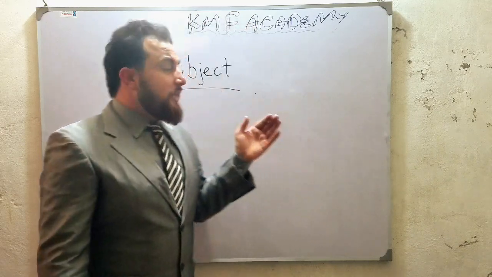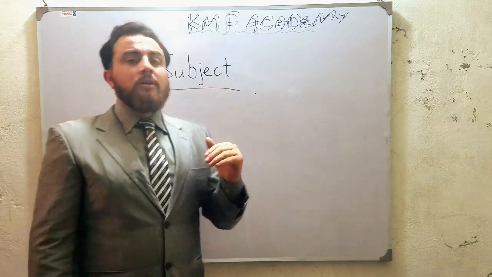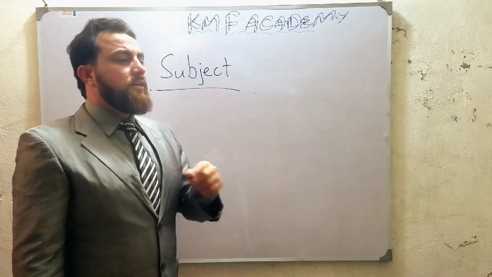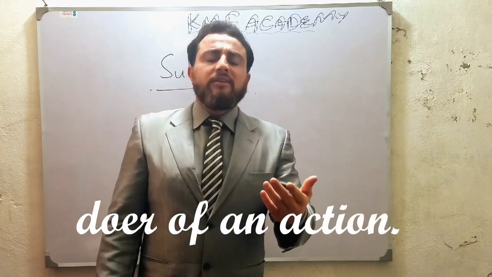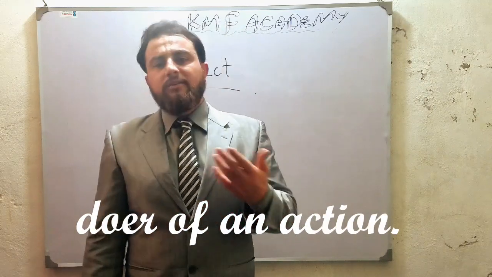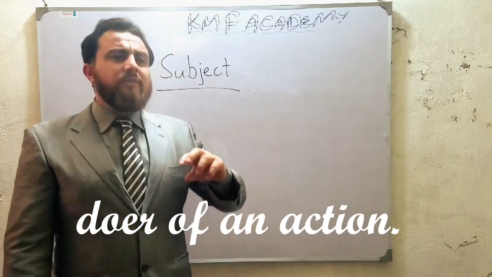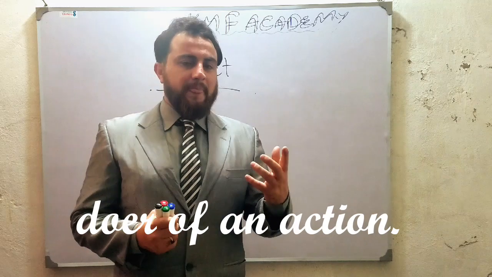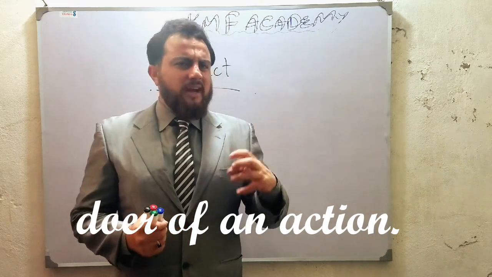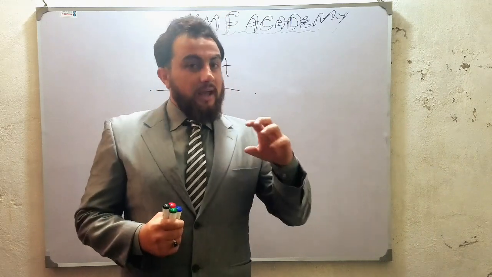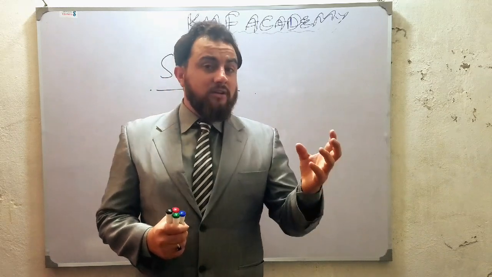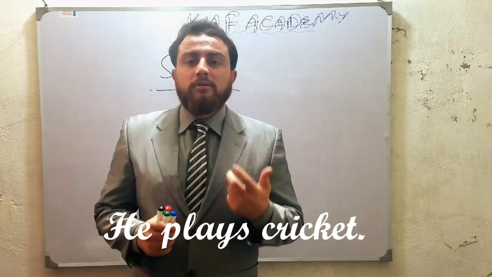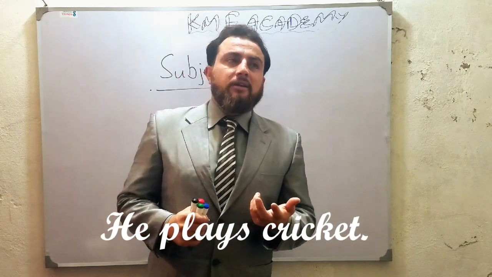When we come to the same topic inside grammar, if I ask what is a subject, we will get a lot of answers. But the very famous answer to this question is that the subject is the doer of an action. Now the question is, is that correct? Is that a complete definition, or what? For example, if we say the doer of an action is called the subject, exactly it is. Like if I say